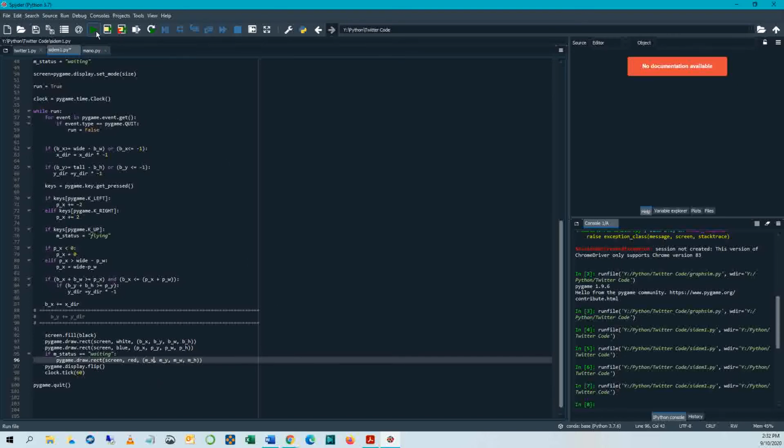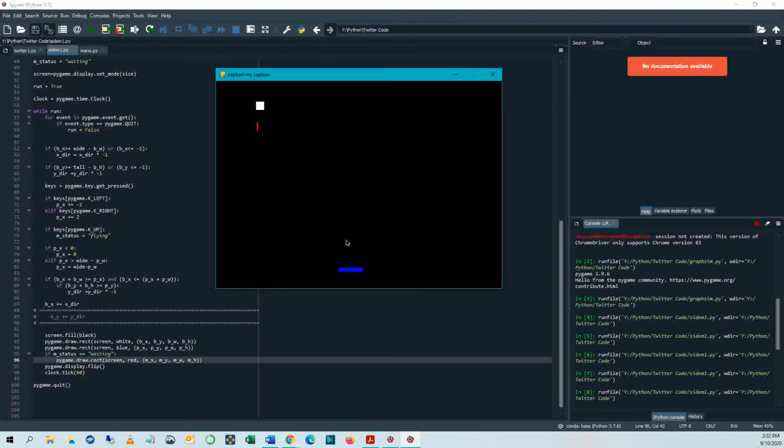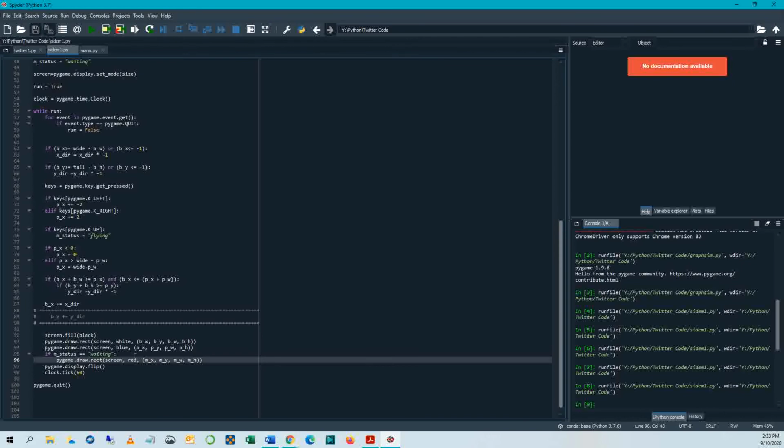Here, let me run this thing again. Here's the missile, but I would want the missile to be sitting up right here on top of the thing. So this is the x coordinate of the blue paddle. This would be the x coordinate of the blue paddle plus the width. This would be the x coordinate plus half the width. So I want the x position of the missile to be halfway there. So stop this. So what I would say is MX is equal to